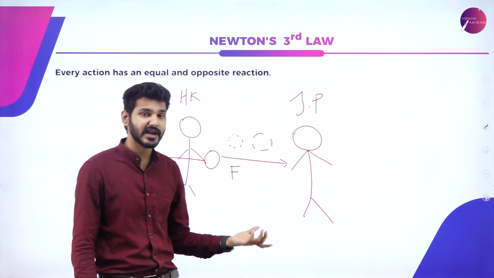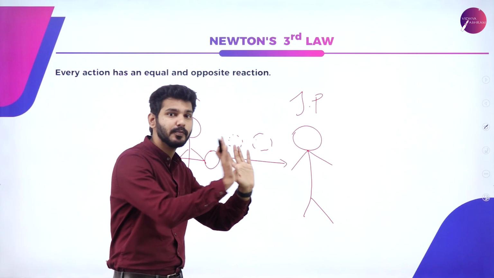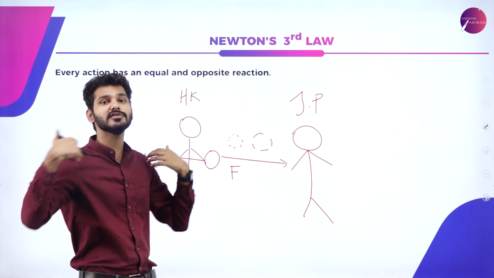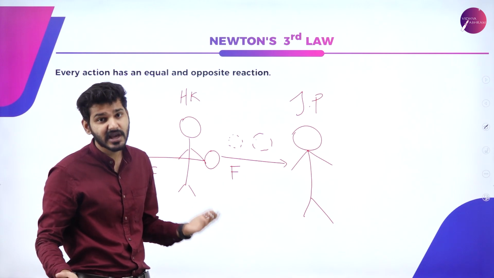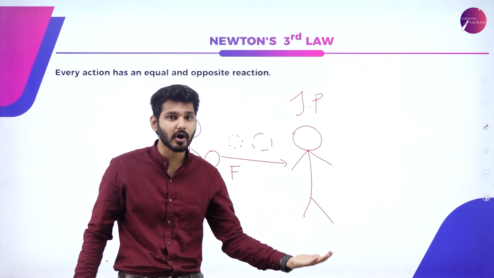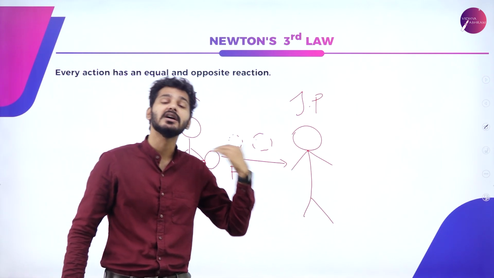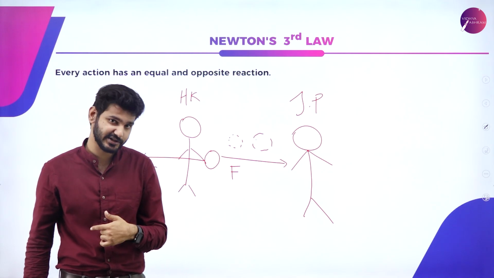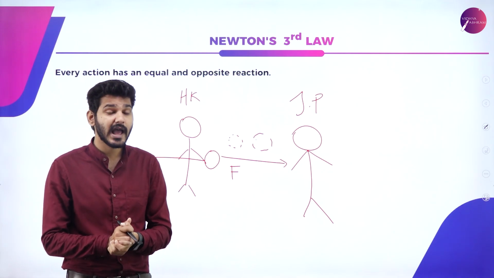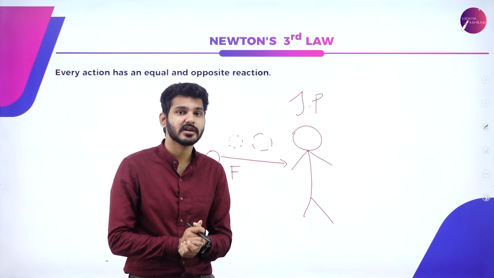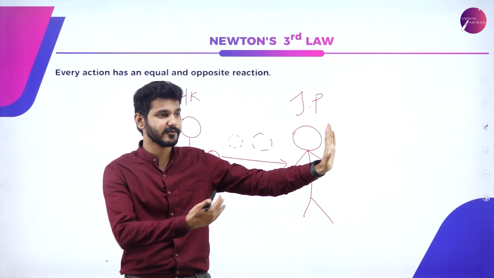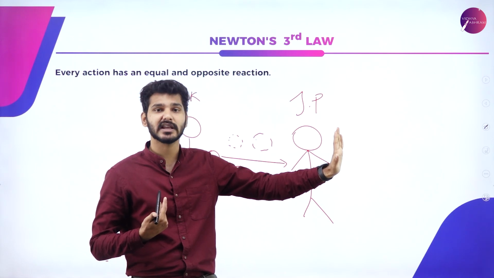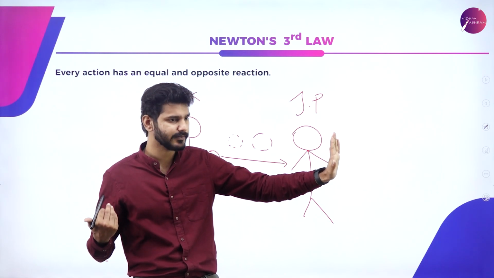You can also try it on walls. If you push on the walls, you can feel the force coming back onto you. That is, again, because of Newton's third law of motion. If you give any force to any body, the same amount of force will be returned onto you in the opposite direction. That is Newton's third law. And what is this direction thing? I'm pushing onto a body, so the force is given back to me. That is why there is a negative sign, in the opposite direction.